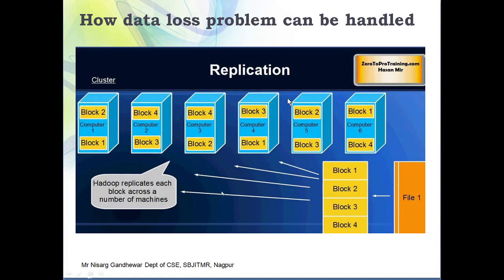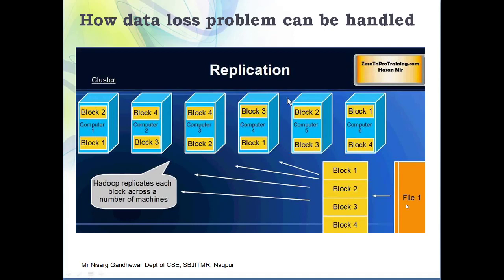Here what you observe is that this is file 1 which is divided into 4 different blocks, say block 1, block 2, block 3 and block 4. In that case you observe that there are exactly 3 occurrences of every block. Suppose here you can see block 1 is present here, first occurrence, second occurrence and third occurrence. So why is it so? Because every block of a file, every sub file, can be stored at 3 different locations. That means one sub file is replicated at 3 different locations.